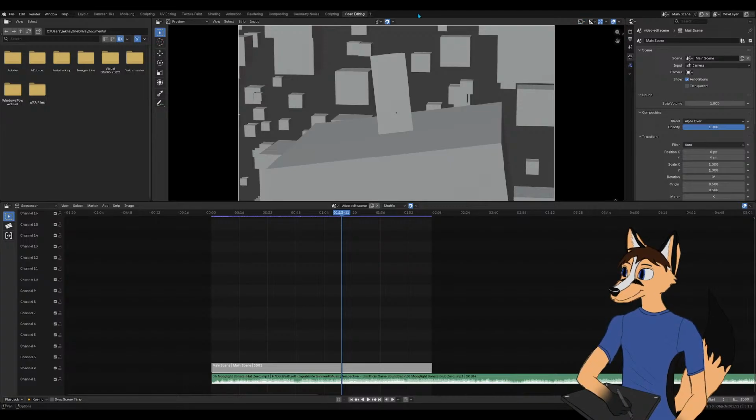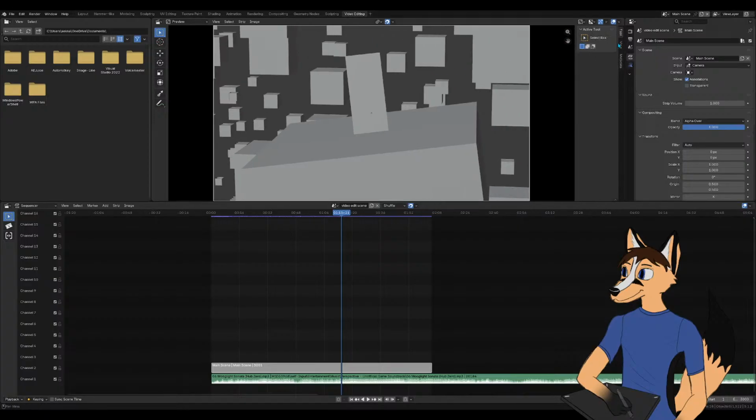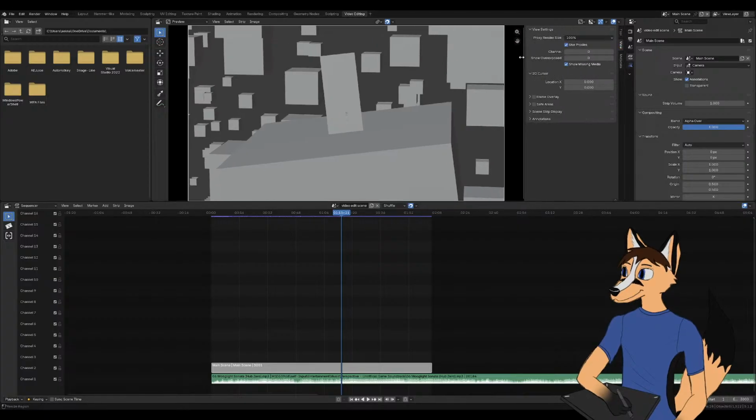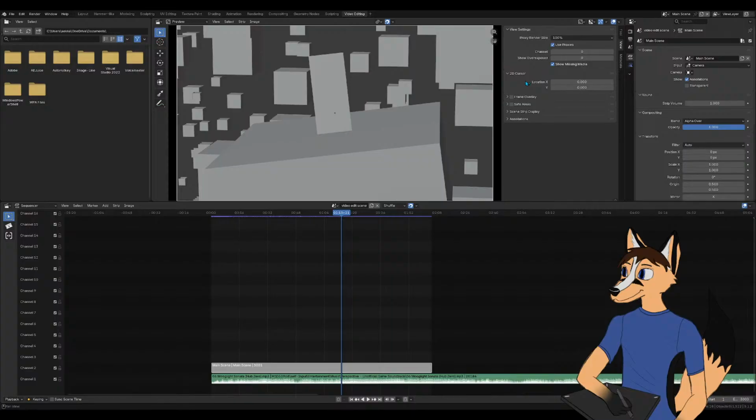Let's see. Preview. Sequencer. View. Let's see. Scene strip display. There we go. Gonna switch that to rendered view.